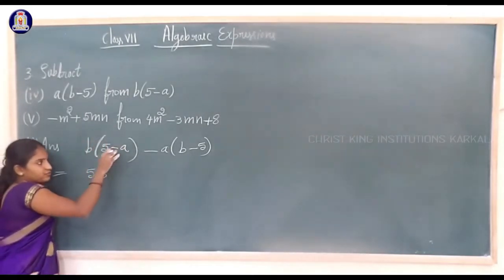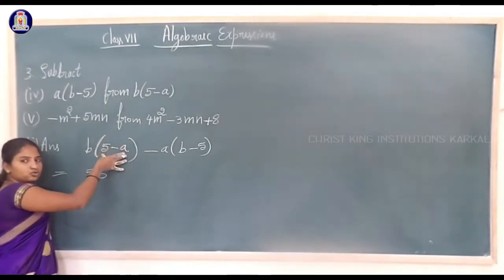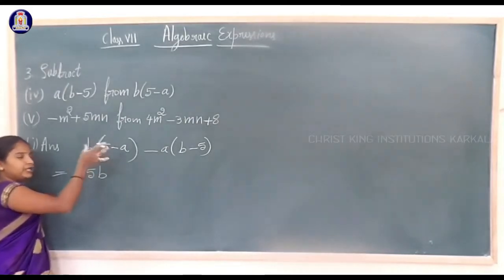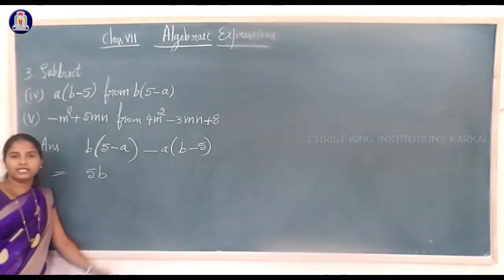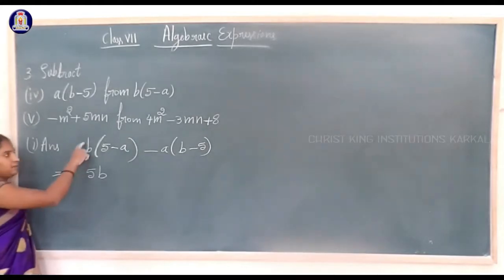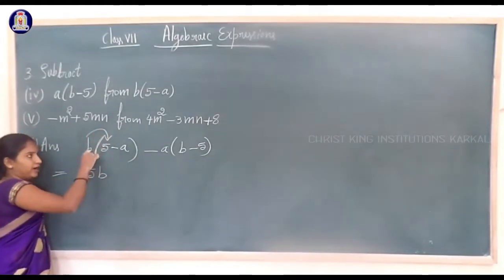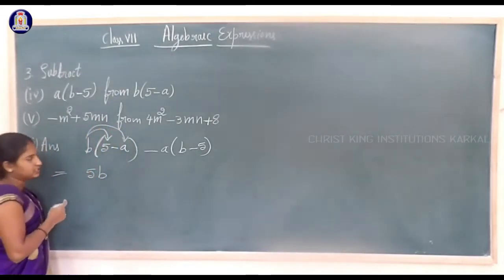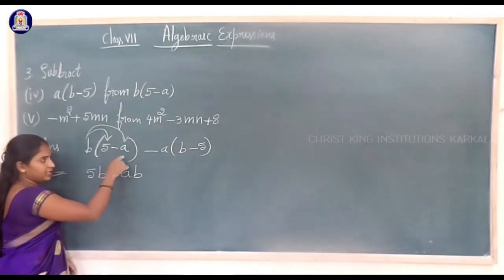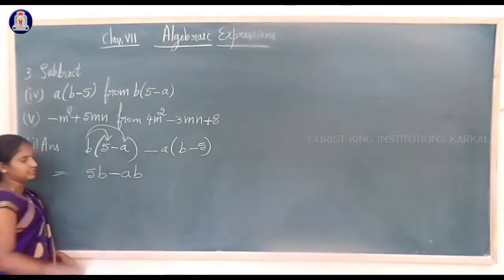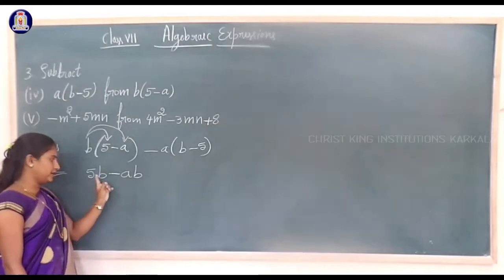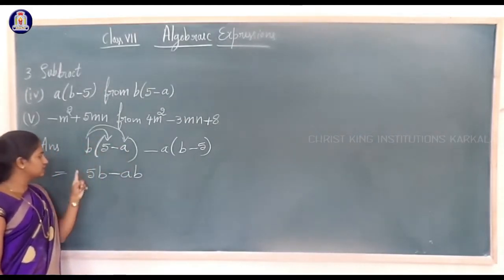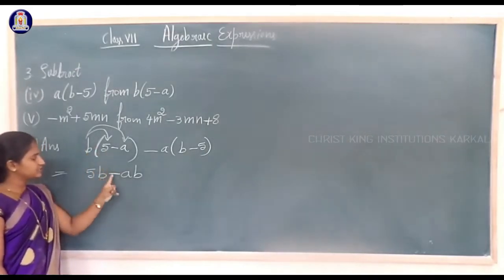So multiply for both the terms, because they are having two terms of binomial. To multiply, this is a monomial into a binomial. Multiply monomial into binomial. So first multiply b into 5. So that is 5b. Again, b into a, that is ab or ba. The sign here is minus. Understood? b into 5, 5b. b into a, ab. So plus into minus, minus.